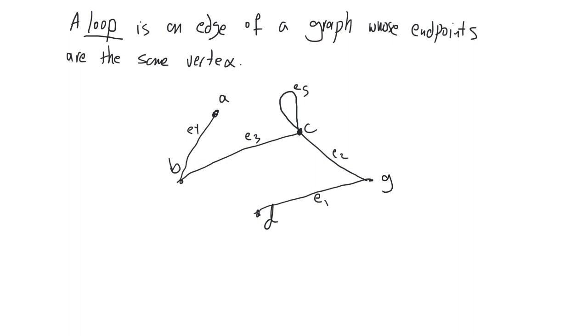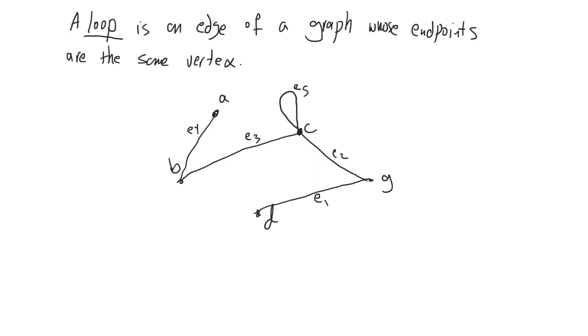So my nodes are A, B, C, G, D, and the edges are E1 through E4, E5, and this edge here just starts and ends at the same point, so it's a loop. And E3 has two endpoints, B and C. And if I want to write down the set, which is the abstract definition